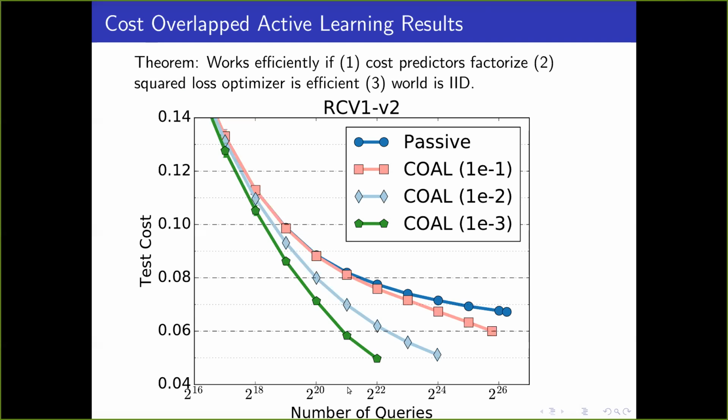Okay, so if we look at the green line, this is a parameter to the algorithm which has to do with how aggressively you enforce bounds. In the green line, we're not enforcing them very aggressively at all. It's 10 to the minus 3. So there's a factor of 16 fewer queries, a factor of 16 fewer labels, and yet our performance is noticeably better at test time.